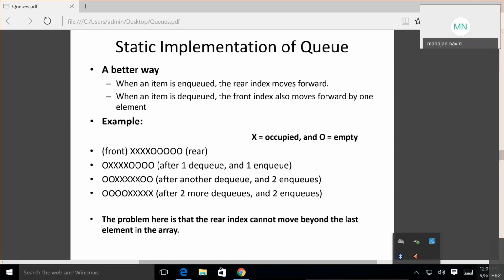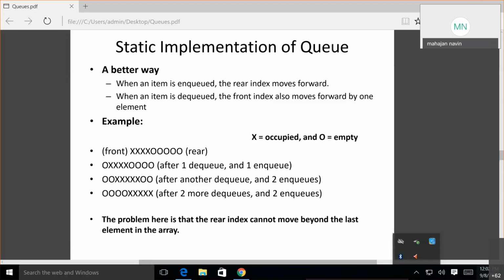Yes. Okay, fine. Now what happens when you implement a queue? Suppose I'm implementing a queue with arrays.